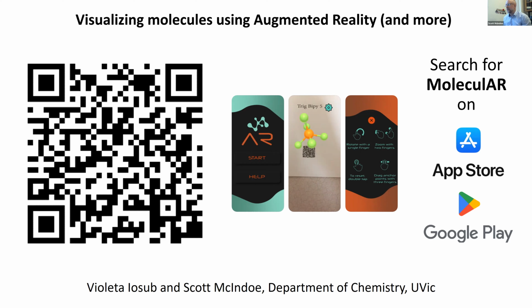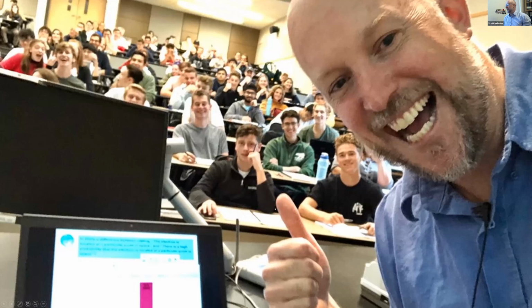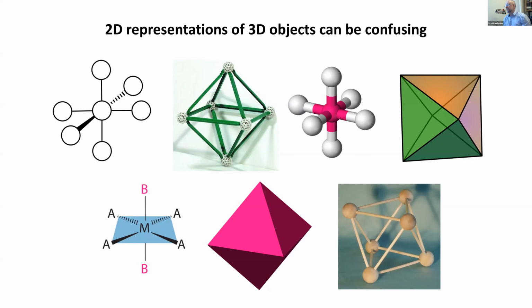As Violeta said, I teach first year chemistry. These are large classes. We have about 900 students in first year at UVic, in section sizes of about 350. So getting them involved in active learning is a perennial challenge. And one of the things that we encountered very early on, well, I should say I encountered, and I'm sure other people have as well, is that